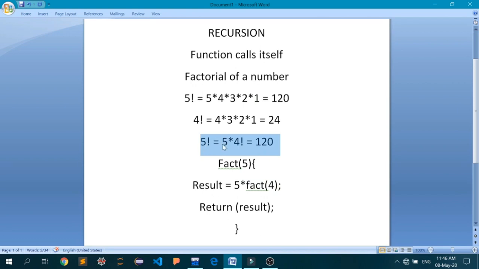So what I have written is, if I have to find the factorial of 5, I pass an argument 5 to the function called fact. This function calculates the factorial of any number passed as an argument.